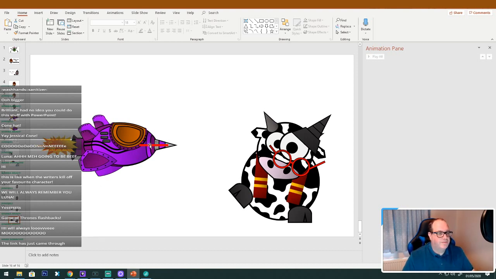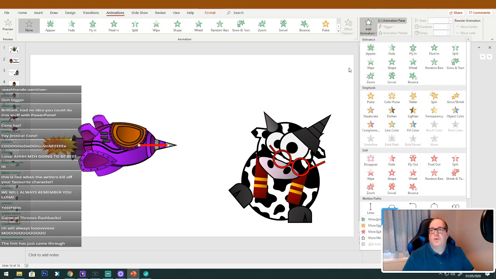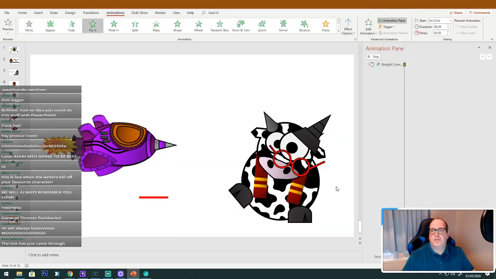Right. So laser beam. The fact that it's above this just now, I'm not going to bother. Animations. We are going to add an animation to our laser beam, and we're going to make it fly in. We're not going to make it fly in from the bottom. We are going to make it fly in from where it is. So we're going to start with the previous, start as soon as it comes into here, and then we're going to go to